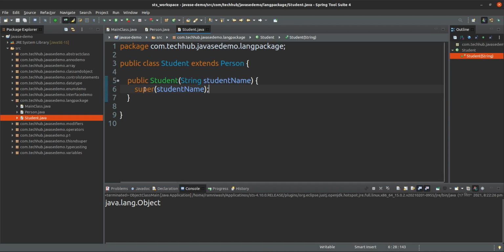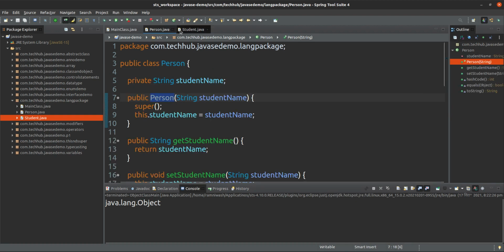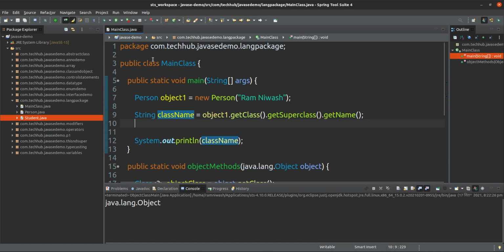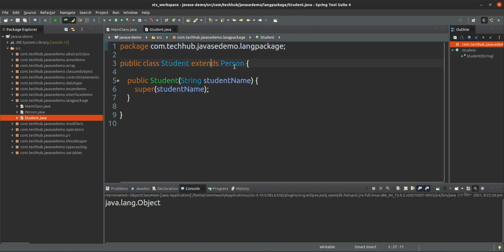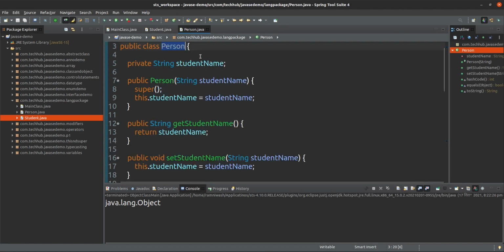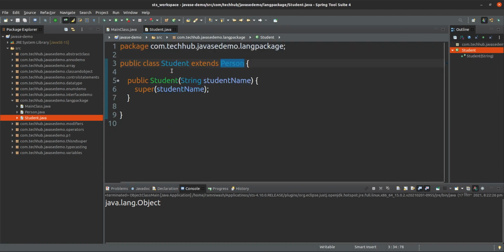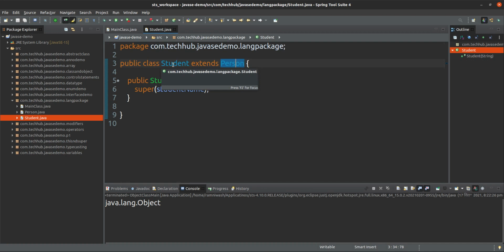Now which constructor is this? Super: this constructor is the Person constructor. In Java you can extend only one class, not multiple classes. So what is the superclass of Student? For Student, the superclass is Person, and for Person, the superclass is Object. In that case you can say that Student is also a Person object, because that is the inheritance relationship.